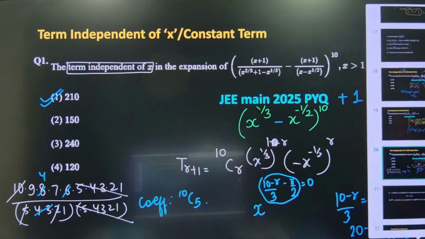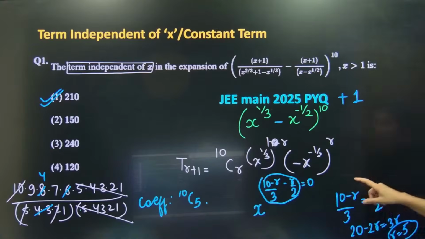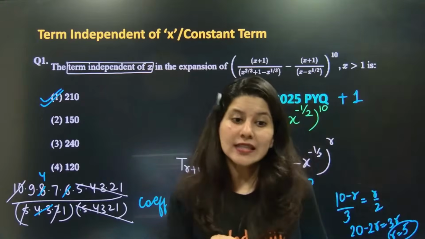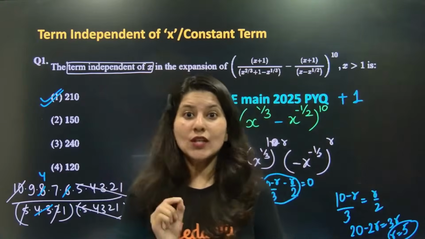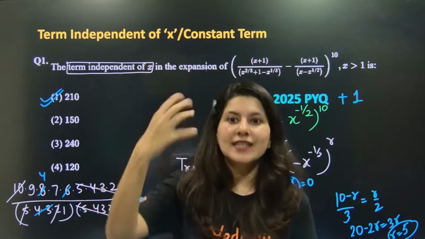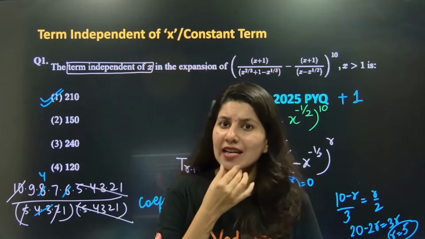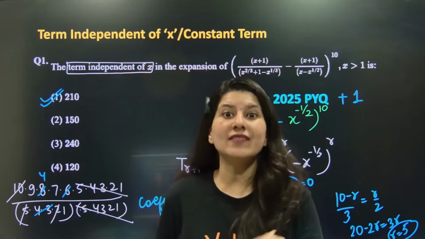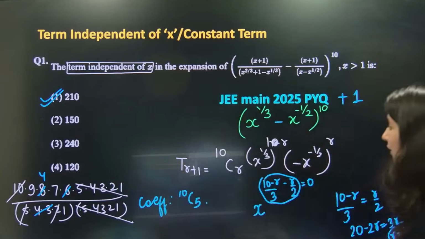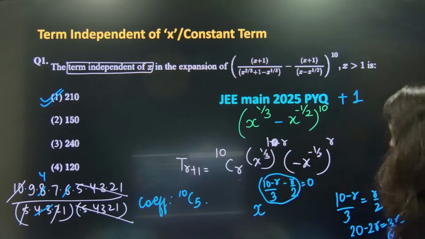The very first question, okay, right? So I think term independent of x, what to do? Write the general term. So many questions. This is a popular category, popular model, popular type. Term independent of x. Or in some questions they can ask you to find the coefficient of x power 3. Then what will you do? So you will collect the coefficient of x and equate it to